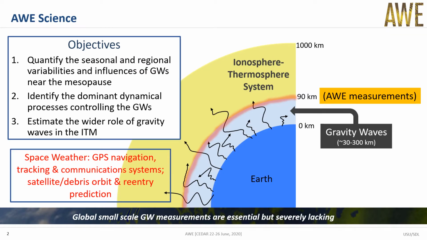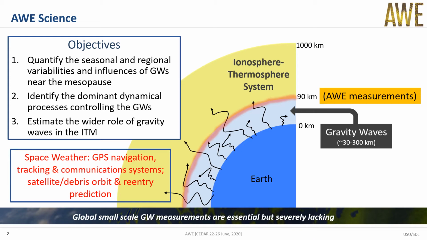This slide shows a cross-section of the Earth atmosphere and overlying ionosphere. The black squiggles represent gravity waves generated by severe weather, such as jet streams, thunderstorms, wind forcing over large mountains, and hurricanes. As these waves propagate upwards, they grow in amplitude due to density decreases, and eventually break, depositing large amounts of energy and momentum. This occurs primarily at the Mesopause region, indicated by the reddish airglow layer near 90 kilometers. This is where AWE will focus its measurements.